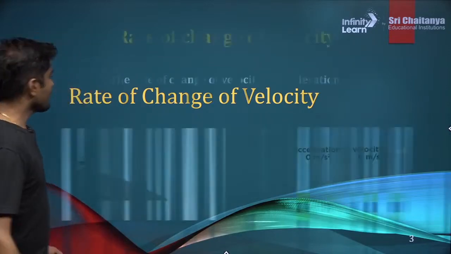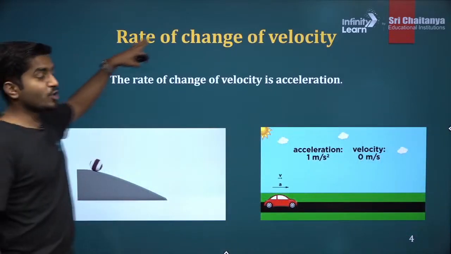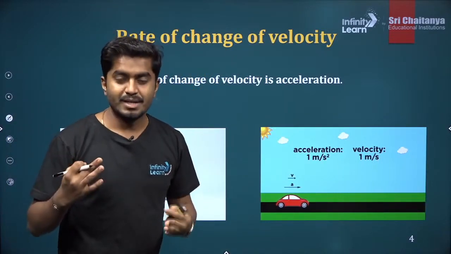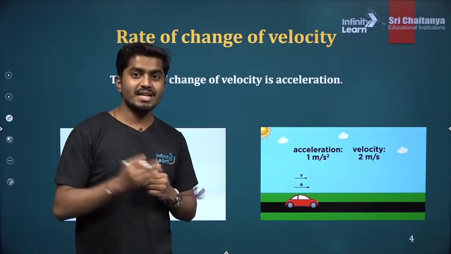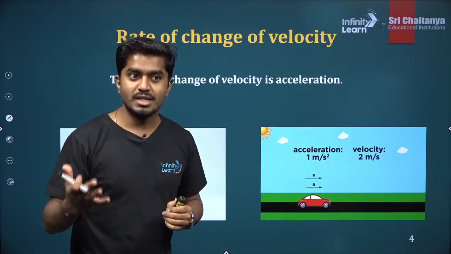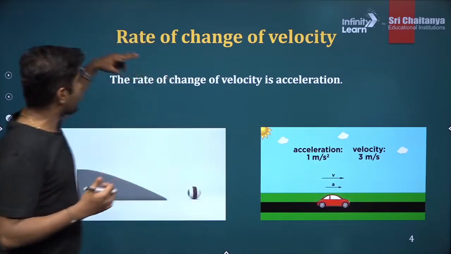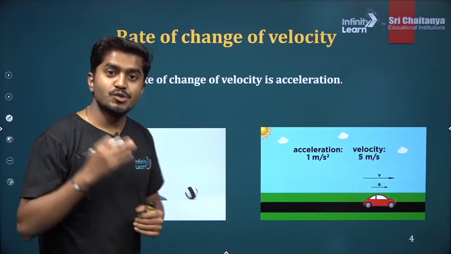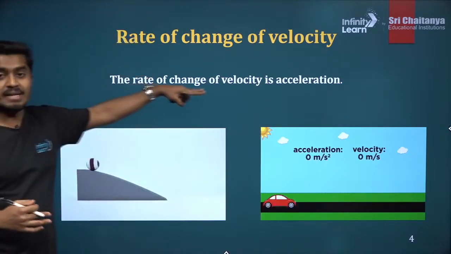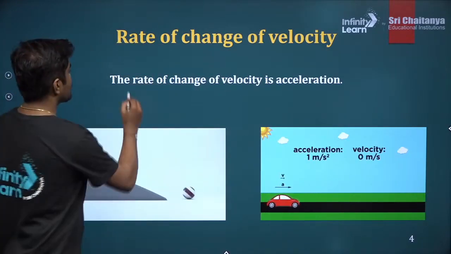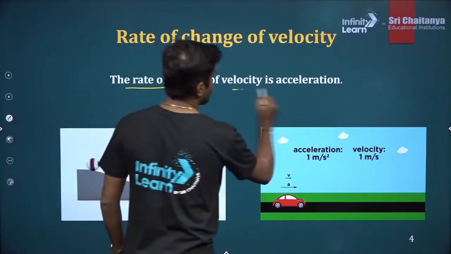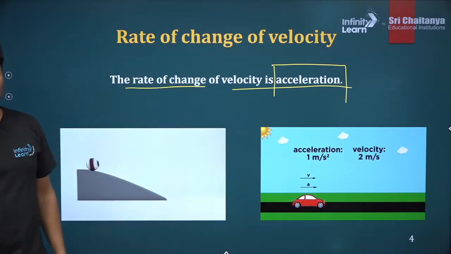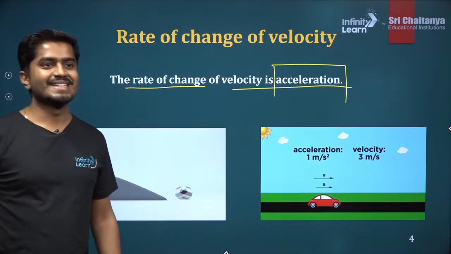Awesome. So now we are going to learn about rate of change of velocity. If the velocity is changing with time, in which situation does it change? If it is a non-uniform motion. In the non-uniform motion, the velocity will change with time, right? That change is called acceleration. So rate of change of velocity is called our acceleration. Clear?